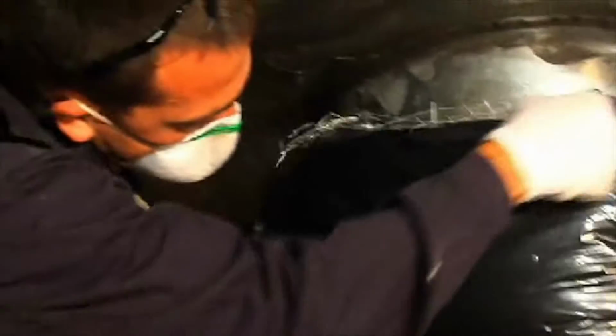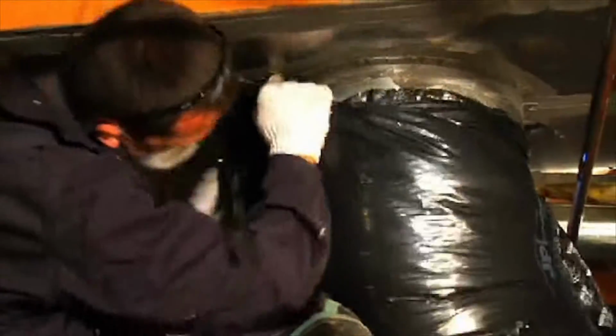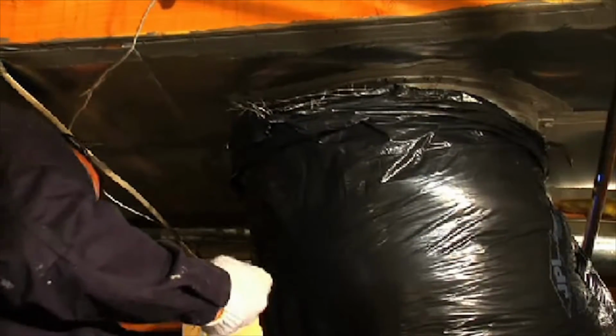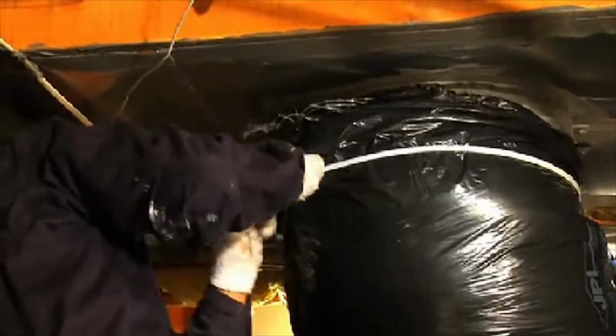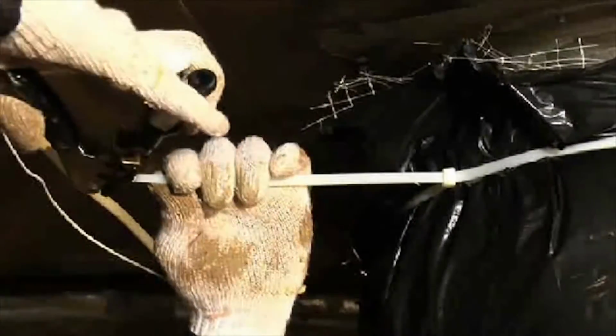And now we're going to take the insulation, pull it all the way up, and we'll zip tie that and tape it as well. Really large diameter ducts actually require 2 zip ties to go around. The reason we want to tape around it is because